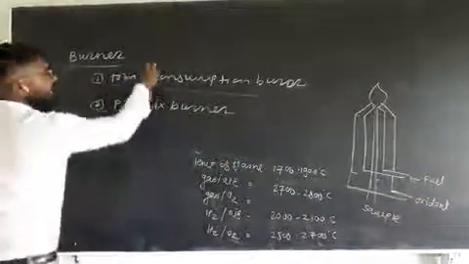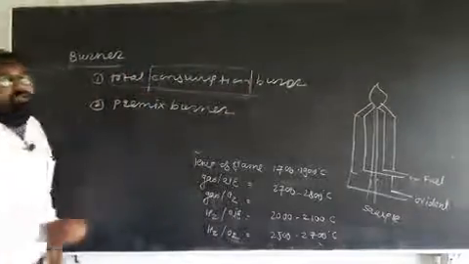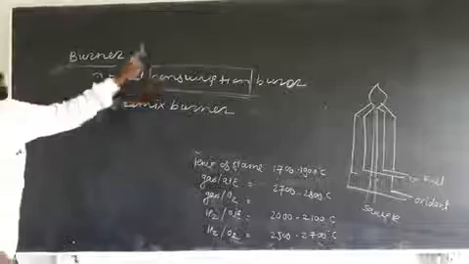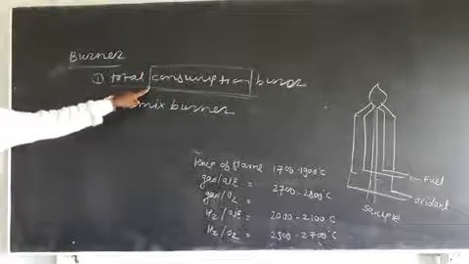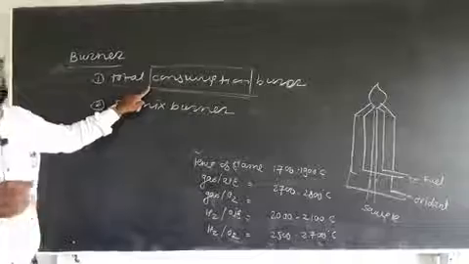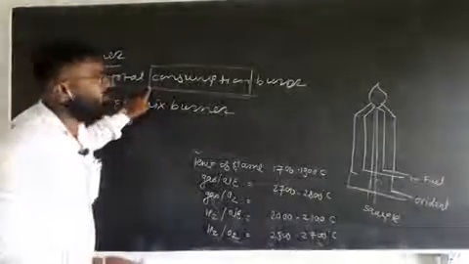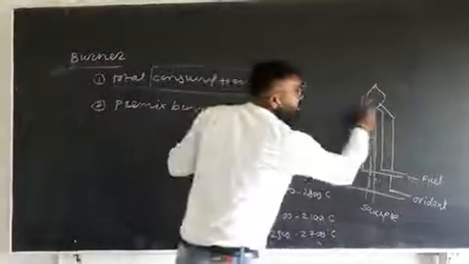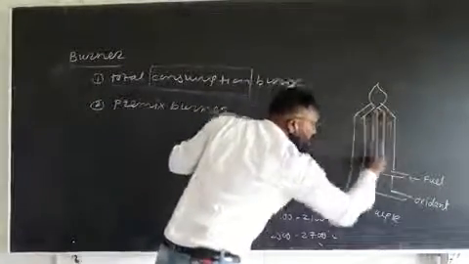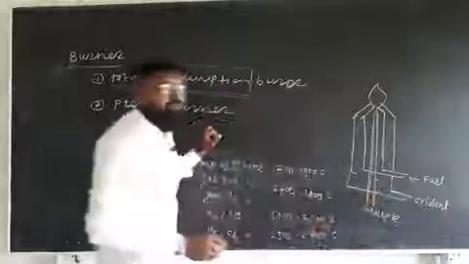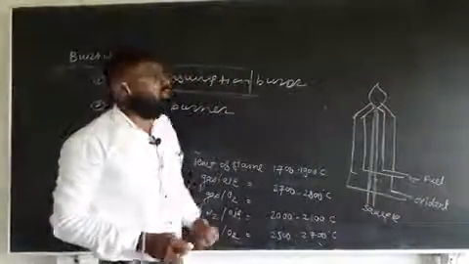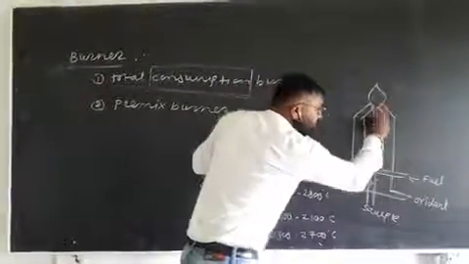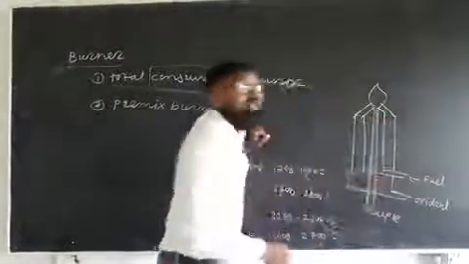As the name indicates, total consumption burner. What do you mean by total consumption burner? In the total consumption burner, the total amount of sample which is aspirated inside the flame is consumed for evaporation or atomization purposes. Hence, it is named a total consumption burner. A typical simple diagram of the total consumption burner is drawn on the board. If you think about the different parts of this total consumption burner, it is simple to construct and simple to use. In this total consumption burner, there are three inlets present.